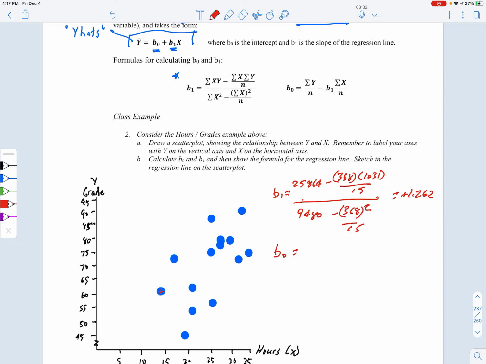The intercept is going to be the sum of the y's, which is 1,031 over n, 15, minus 1.262 times, what do we got? 368 was the sum of the x's over 15. And that comes to, let's put it down here,